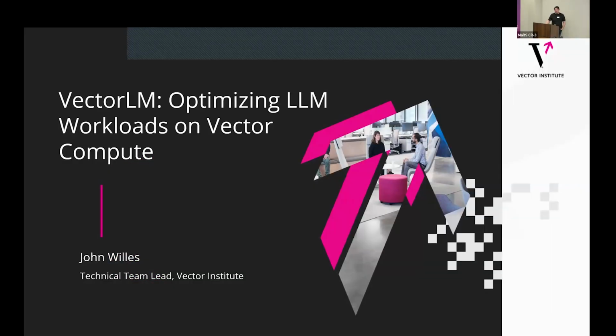Yeah, again, my name is John Willis. I'm a team lead with the AI engineering team here at Vector. So I'm excited to share a little bit about VectorLM, a package that we recently released for the Vector community. This will be a bit of a change of pace, something a little bit more applied, but hopefully of interest